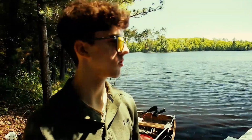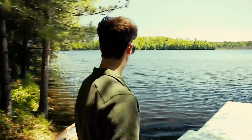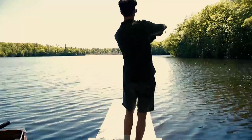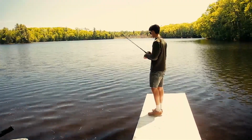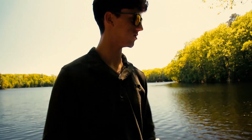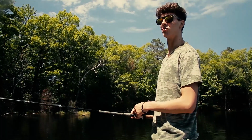Just got done talking to my uncle. He's letting us use his boat today. We don't want to disturb anything, so we're going to take a couple casts here, see if we can get a couple fish. Weren't able to get anything here, so we're just going to get out in the boat and hopefully catch some fish. So today we're fishing logs and up in lily pads, just trying to figure out where these fish are